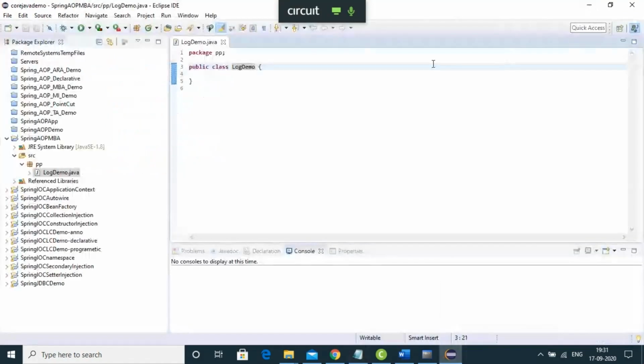Now this is log demo. What type of AOP do I want to implement? Method before advice. The AOP that I want to implement is method before advice. So for the method before advice implementation, your class should implement